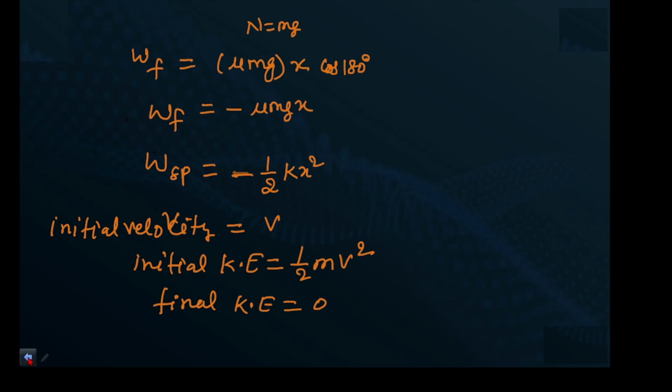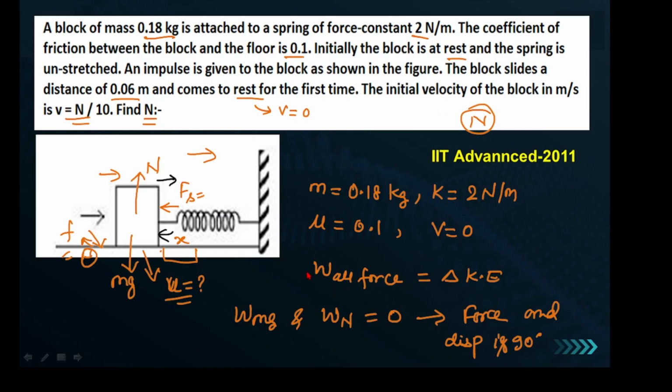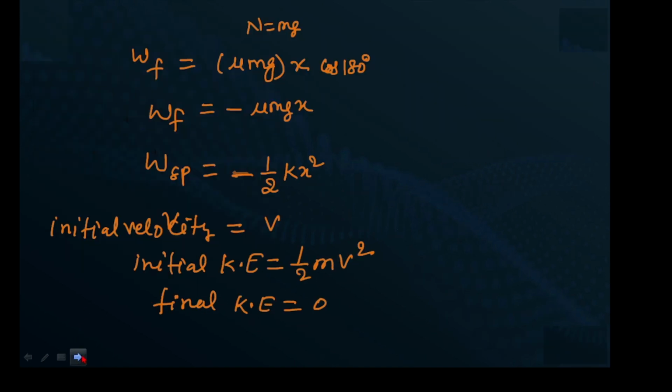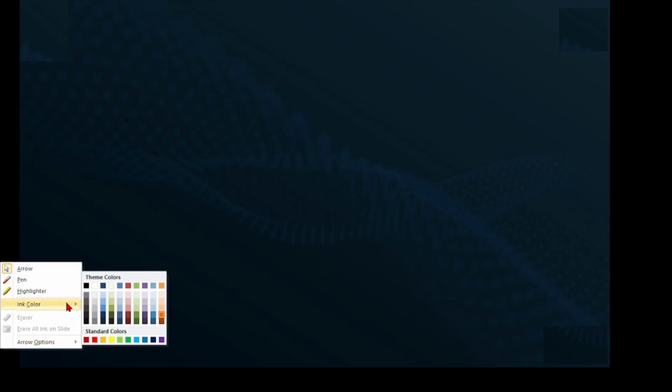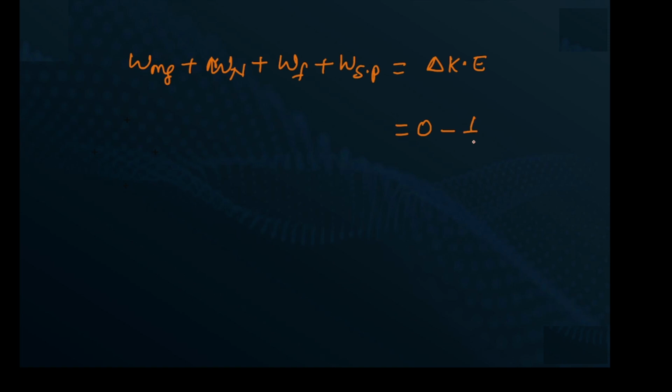Now we can put all these values in the work energy theorem, and that theorem states that work done by all forces is equal to change in kinetic energy. So work done by mg plus work done by normal reaction plus work done by friction plus work done by spring force is equal to change in kinetic energy, that means final kinetic energy minus initial. Finally block is going to stop, that means final kinetic energy is 0, and initial kinetic energy is 1 by 2